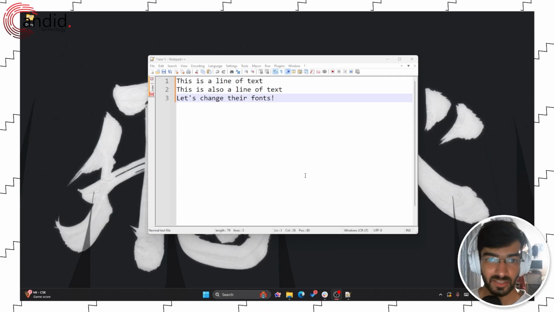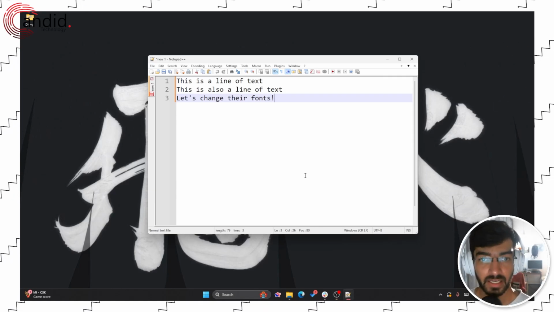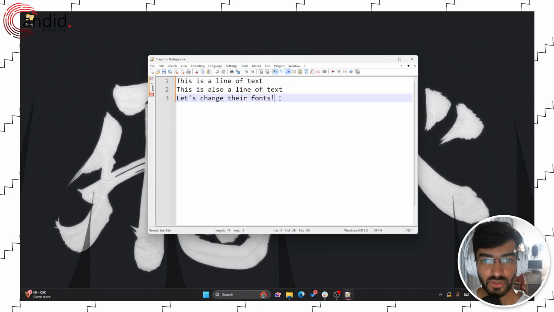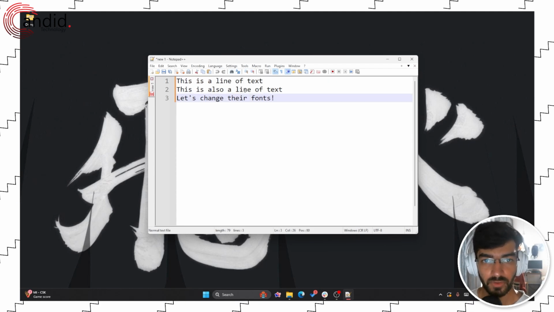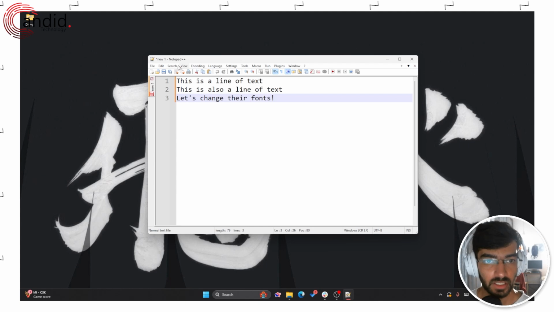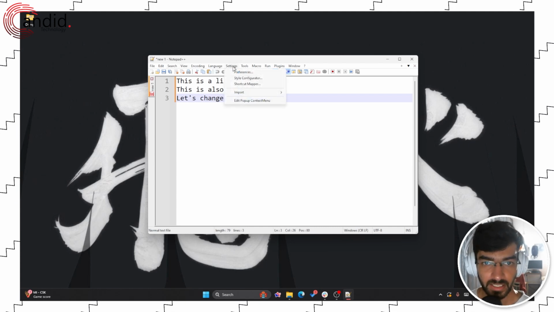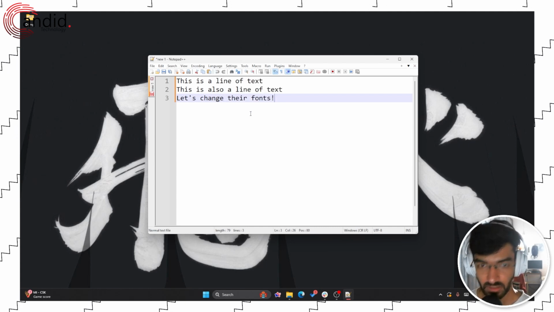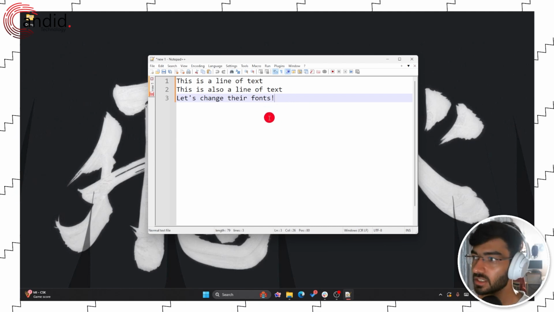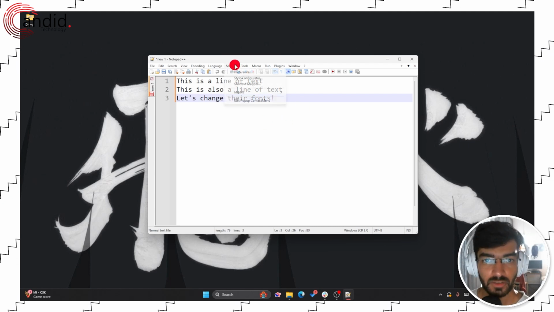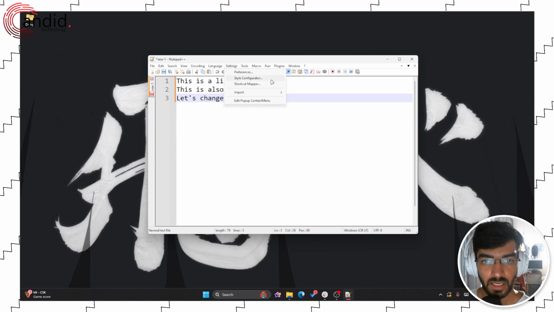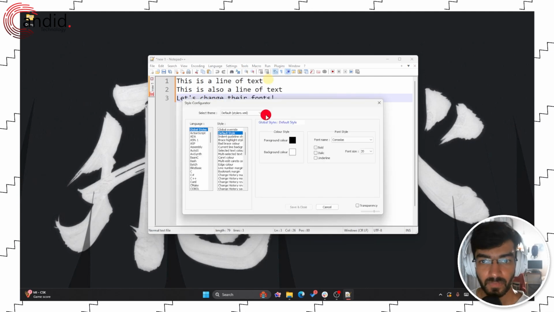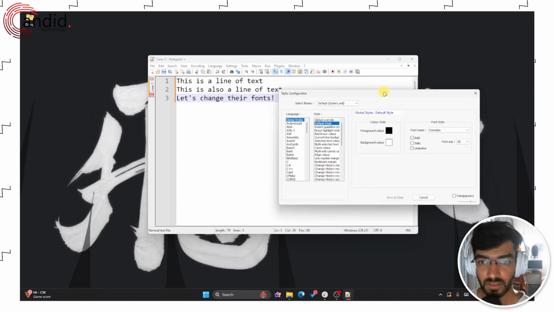It is quite easy to get used to, but some simple things can get lost. So if you're looking to change the font of your text, one thing you can do is head over to settings. Let me just enable my mouse highlighter so you see it a little bit better. So you head over to settings, then click on style configurator, and this opens up your style configurator